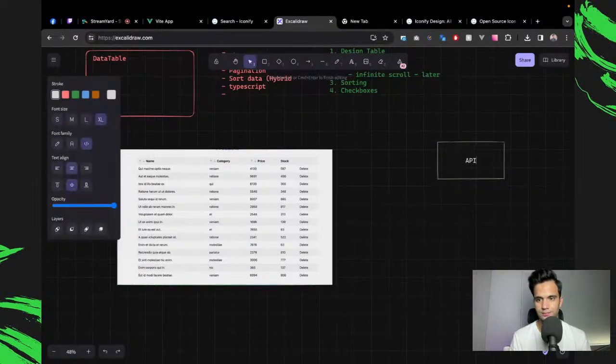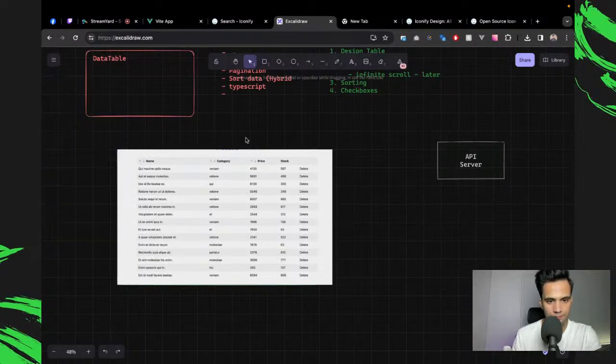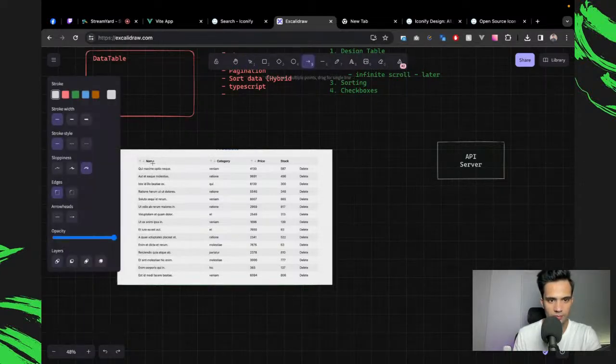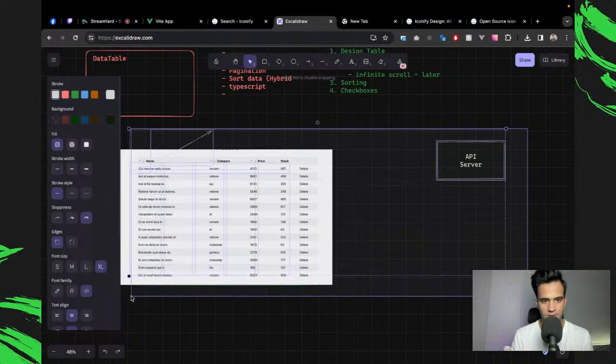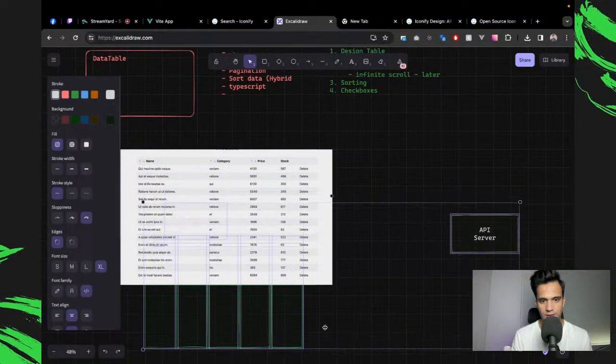So that's my API server. And imagine that there is more data to be loaded. So when a user clicks on this one, before the request goes to my API server, let's select all of it and put it a little further down.